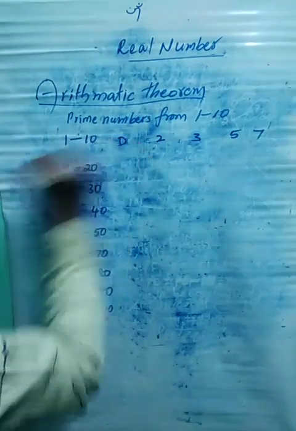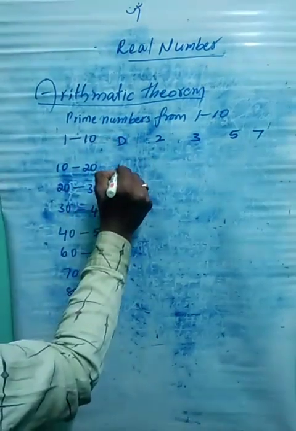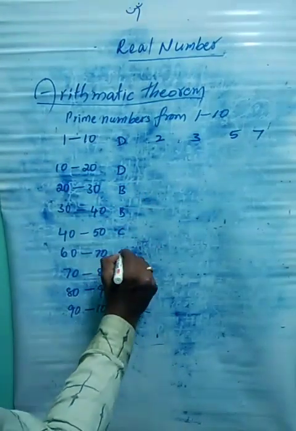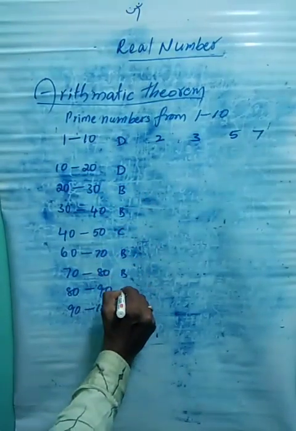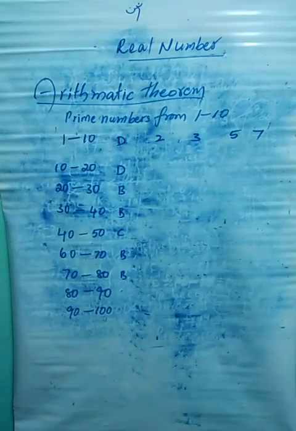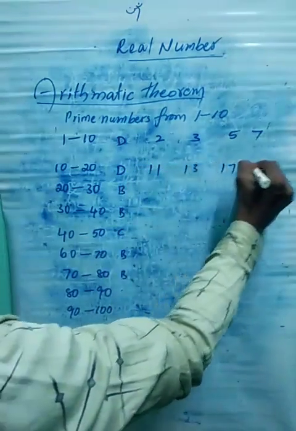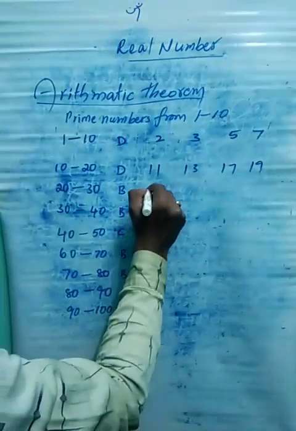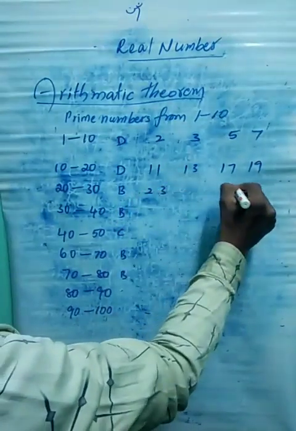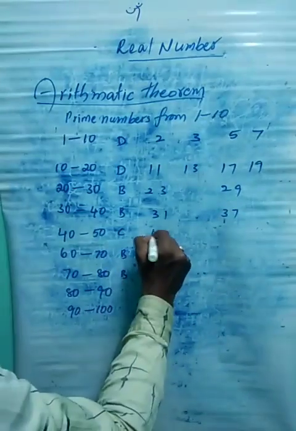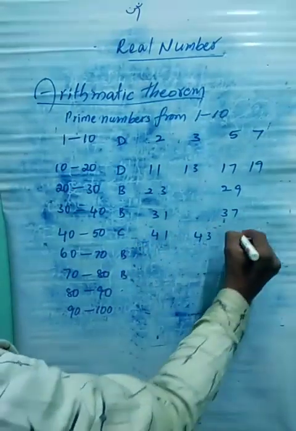Suppose here D. And the code you can write here like this: D, D, B, B, C, B, B, C, B, A. Once I am here, wait: 2, 3, 5, 7, 11, 13, 17, 19, 23, 29, 31, 37, 41, 43, 47,